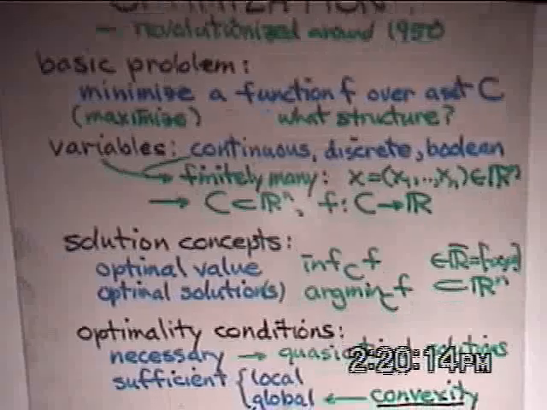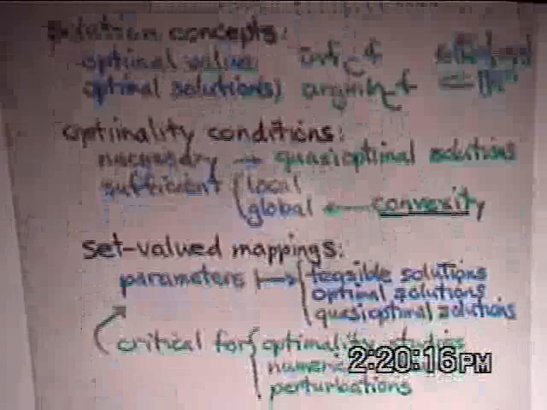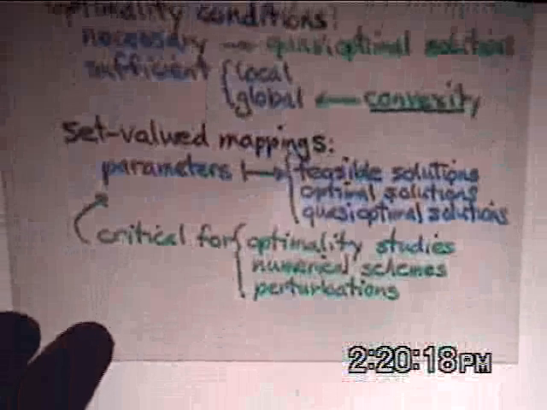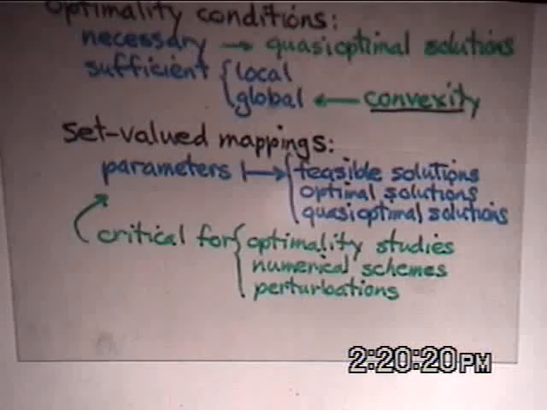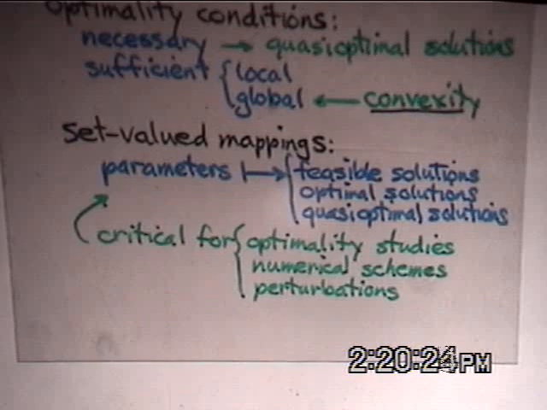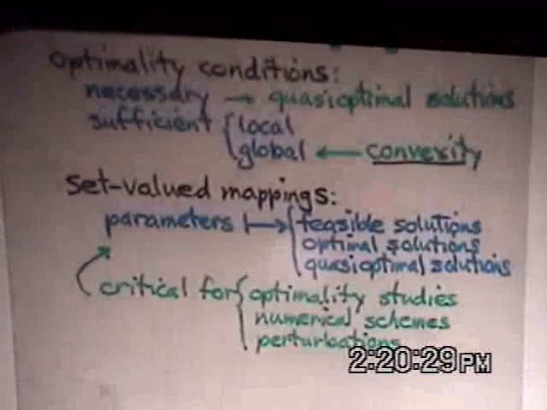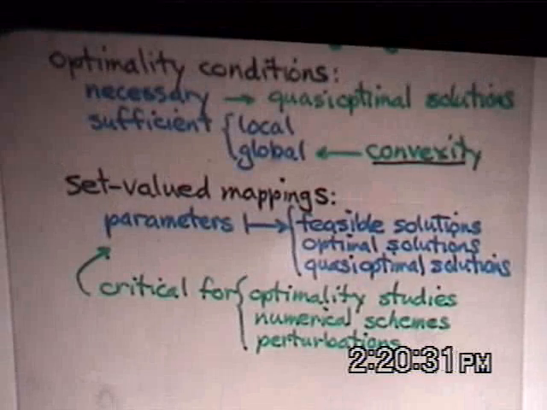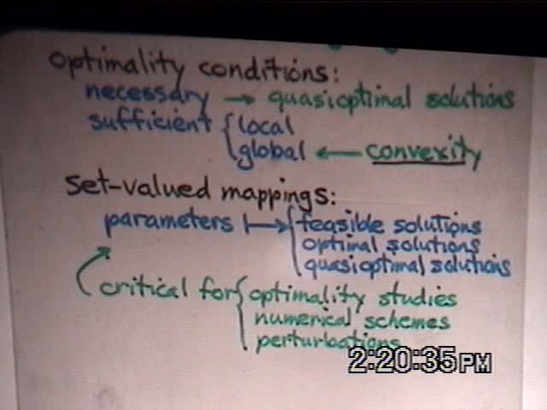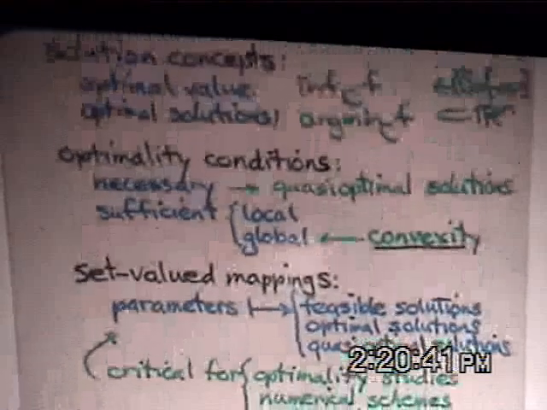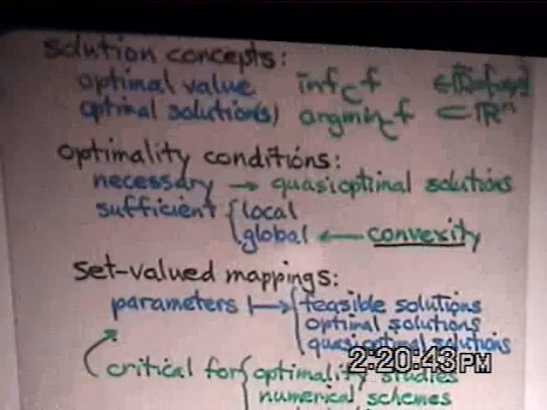Another thing is this question of wanting a global minimum or global optimum, and typically there is no way to get a global optimum, not to mention a unique one, without some idea of convexity. So this has elevated the concept of convexity to be of very great importance in this whole subject. I'll explain some things about that. So where are set-valued mappings? You can already see some hint of them in what I'm discussing here.